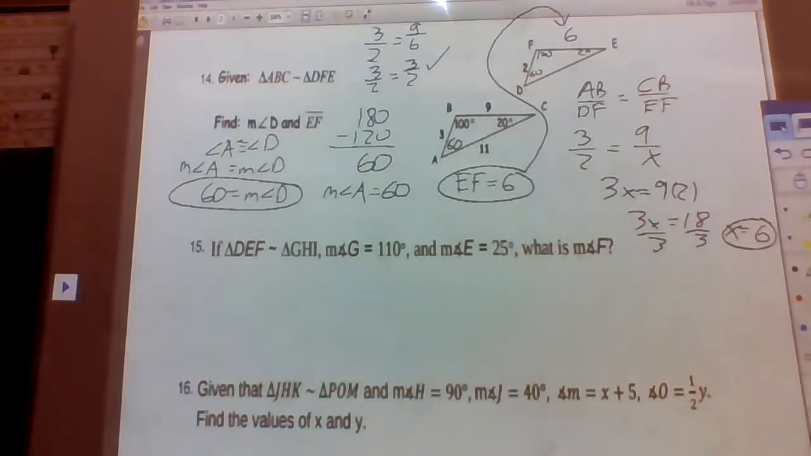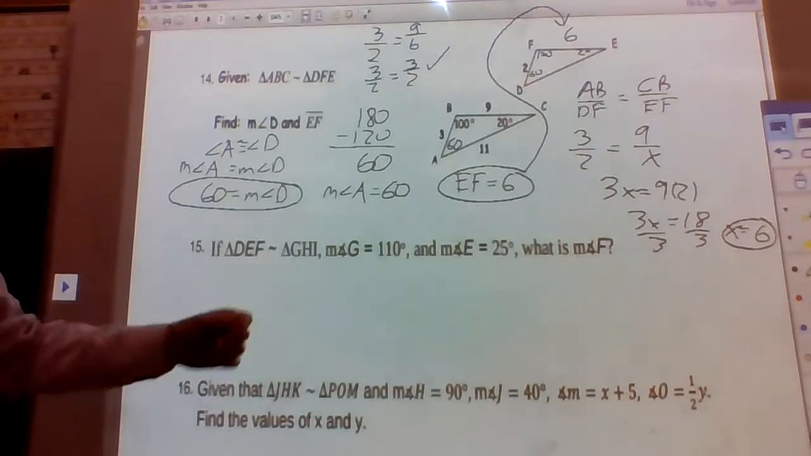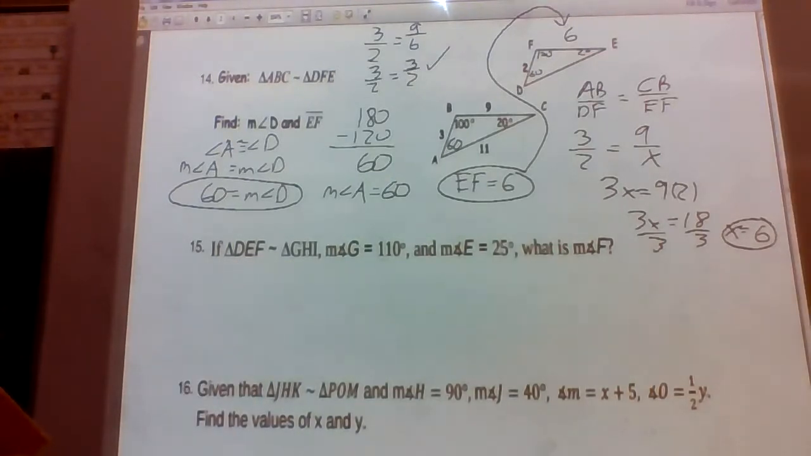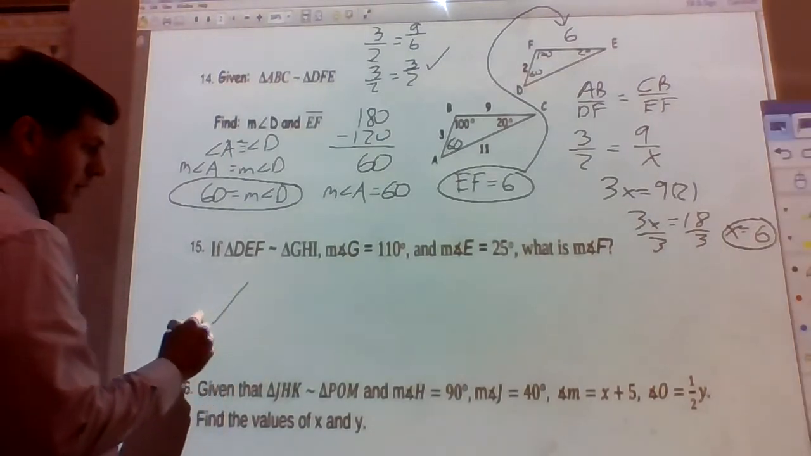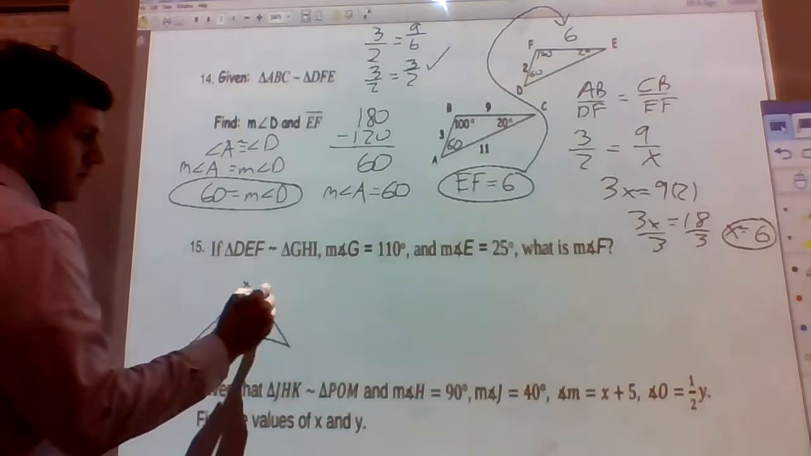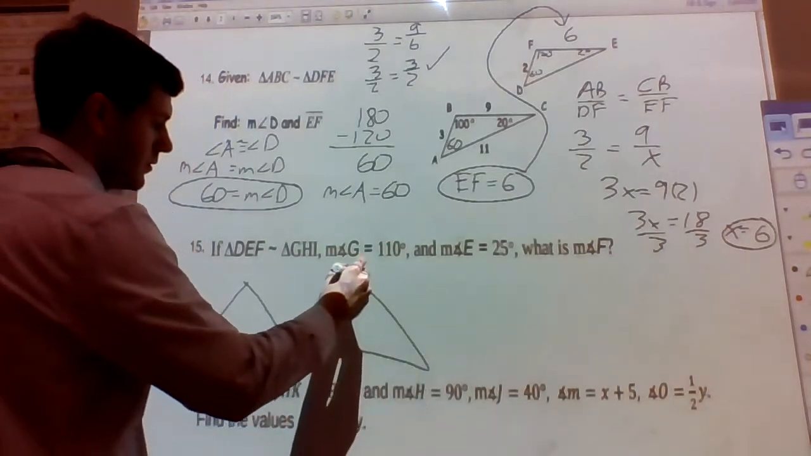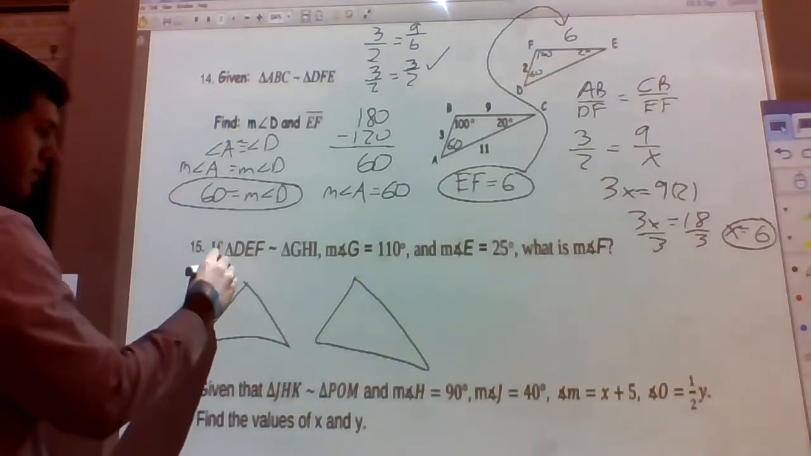If triangle DEF is similar to triangle GHI, the measure of angle G is 110 and the measure of angle E is 25. What is the measure of angle F? So the first thing we want to do is draw the triangles. Okay, so let's draw them out. Here's your triangle. Here's your triangle. DEF